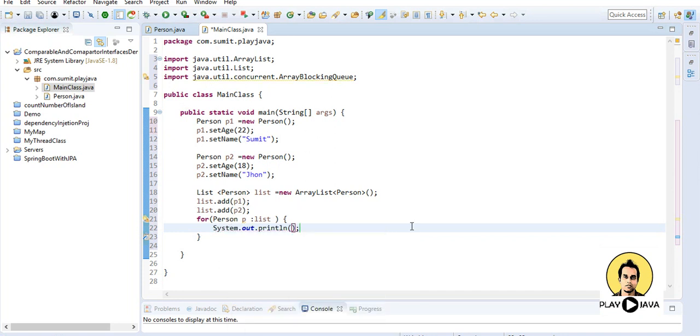So first I will print the age, p.getAge, and then I will print the name, p.getName.